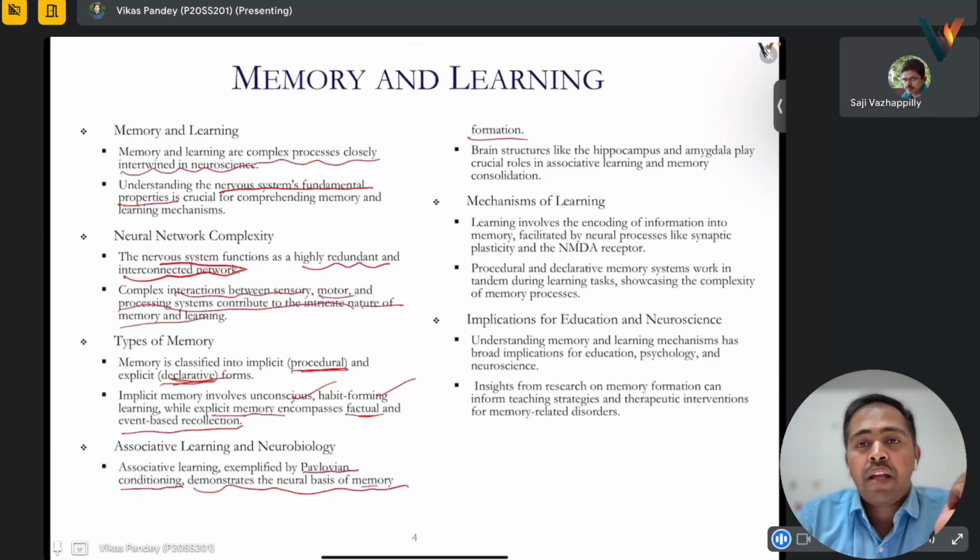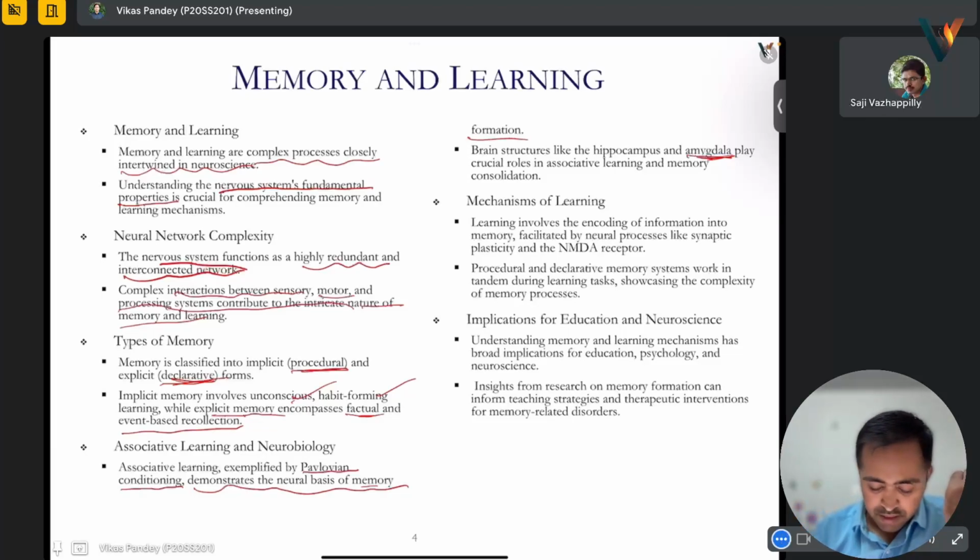So, brain structures like the hippocampus and amygdala play a crucial role in associative learning and memory. Associative means that when we are having a memory, we are associating it with some event or some object. In this, there is an experiment where